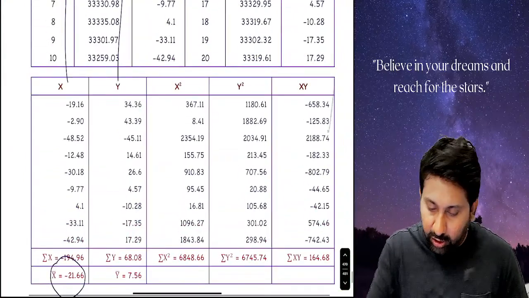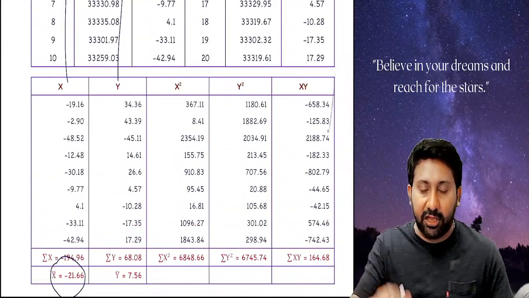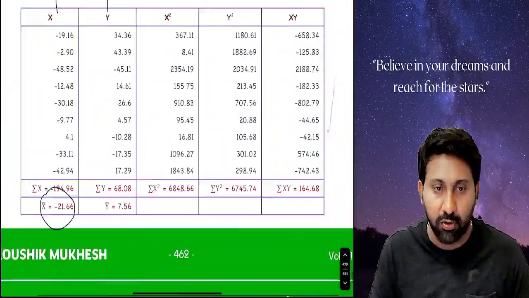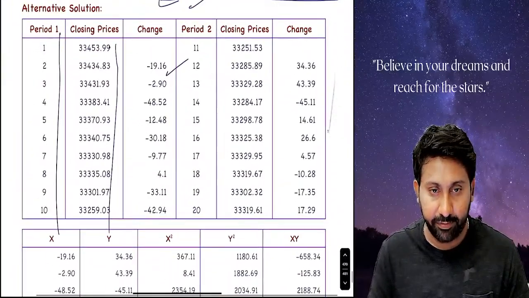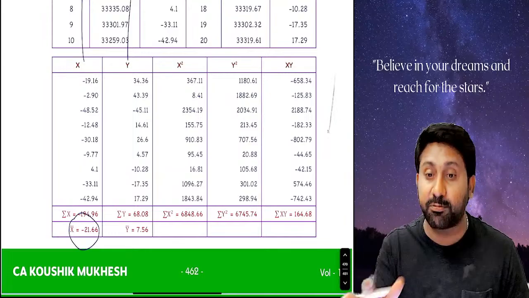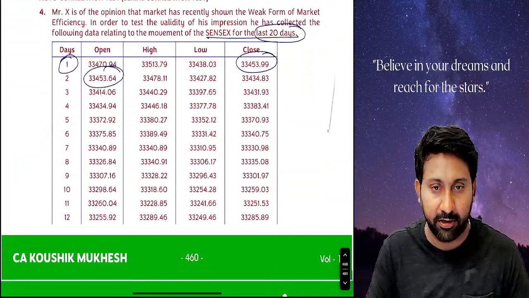Sir, you can do like this. Again, you can do X minus X bar, Y minus Y bar also here. Either you can do the first model or you can do the second model. Any way you do, just the formulas will change. I am displaying this before you. If you want, just take a snap. After the class, just practice for 5 minutes. Don't leave these questions. In the exam they will become important.